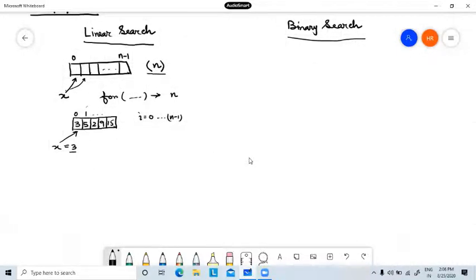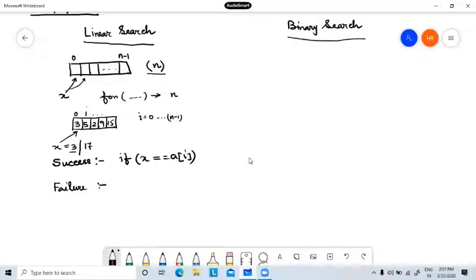So in case of linear search, my success is whenever x is equal to a of i, correct? Now, how to recognize that it is a failure? To check whether it is a failure or not, suppose instead of 3, I am searching 17, then what will happen?